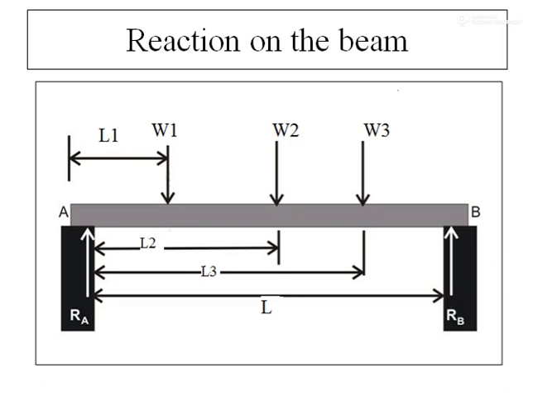Now what we are going to do is make a combination of two cases. In the first case, we will keep the weights constant, that is W1, W2 and W3 will be the same, and we will vary the lengths from the point A, that is L1, L2 and L3. In the second case, we will keep the lengths constant, that is L1, L2, L3 will be fixed, but the weights which are being applied at these places will be different.